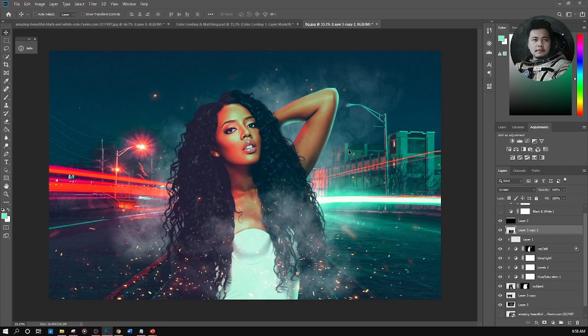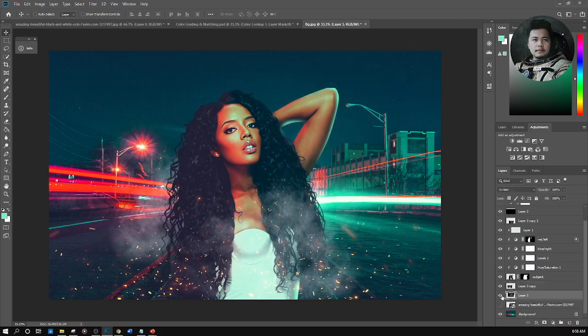All right, and then lastly, we're going to add effects to the colors of the smokes, of course. We're going to add colors to the smokes. So we're going to add a new layer. Okay, we want this color right here to be blue, and we want this color to be red. So let's start from